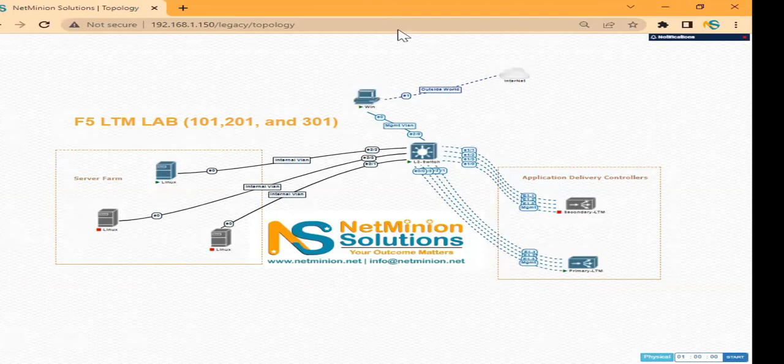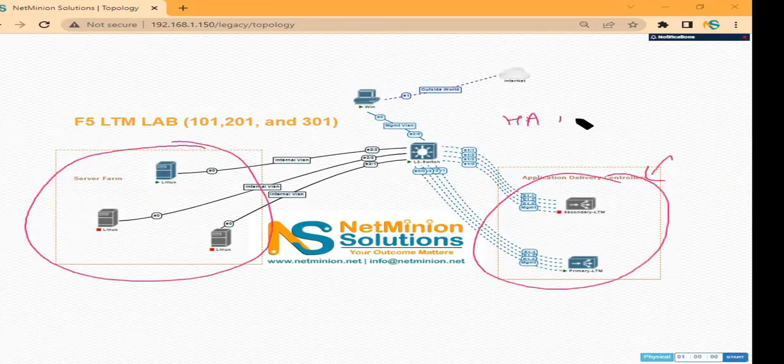So this is our lab where we will be performing a lot of practicals. Every topic, whatever I teach, I will be teaching you in the practical way. And I will suggest that whenever you are doing any of the practicals, you have this server farm available. You have 2 devices over there where we can do the HA practical. How to make the HA in the device.